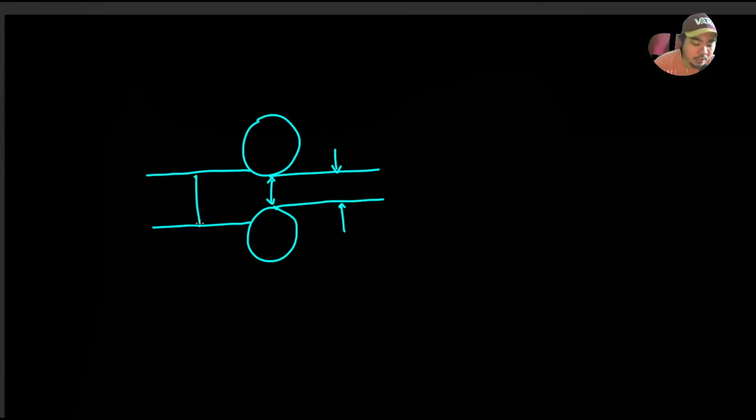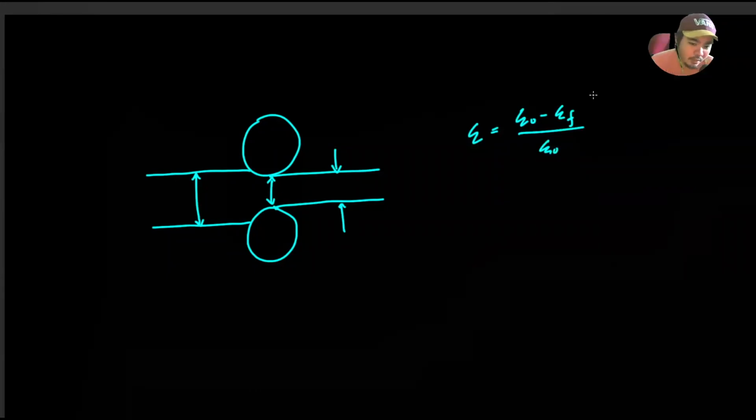and if this is the initial thickness, right? So we have our strain equation, and for this case we're talking about the lateral strain, so along the thickness. Our strain here will be equal to the initial minus final over initial. That's how we usually express our strains, especially when we're talking about engineering strain. Sometimes it can also be final minus initial,